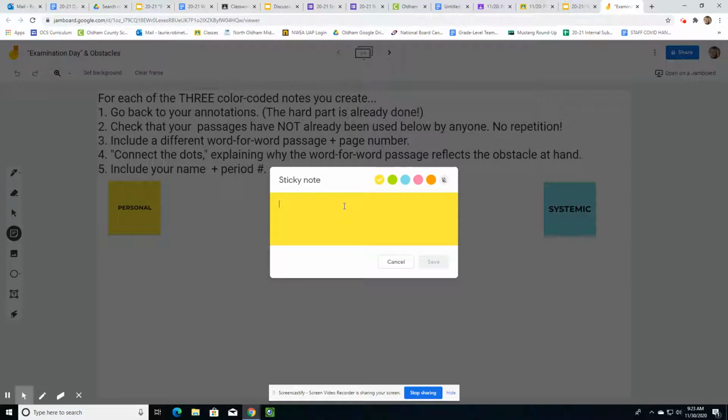So again, I'm going back to my notes. The hard part is done. And I'm literally reading right off of my passage here, right off of my text. So starting right off the bat, I'm not going to use the word for word passage just because it takes up so much space. Instead, I'm going to use the page number. And of course, we know for our text that we read together, Examination Day, we broke it up into paragraphs. But let's just say I had a page number. On page 2,